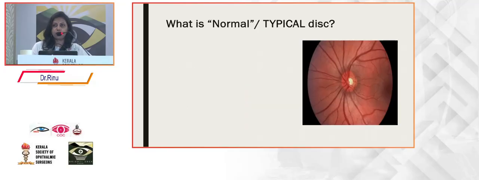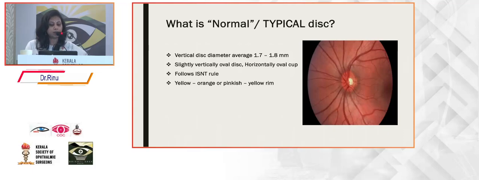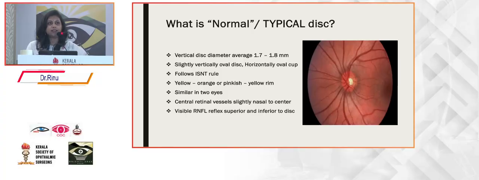So what is a normal or a typical disc? These are the basic characteristics. It has a normal vertical disc diameter averaging between 1.7 to 1.8 mm. The disc is vertically oval, whereas the cup is horizontally oval. The rim follows the ISNT rule, and the rim is yellowish orange or pinkish yellow in color. The discs are similar or symmetrical in both the eyes. The central retinal vessels arise slightly nasal to the center, and there are visible RNFL striations superior and inferior to